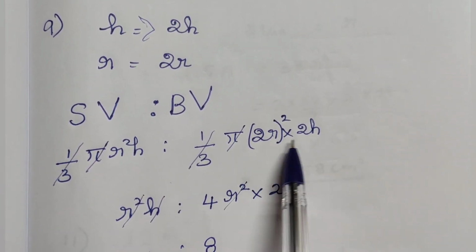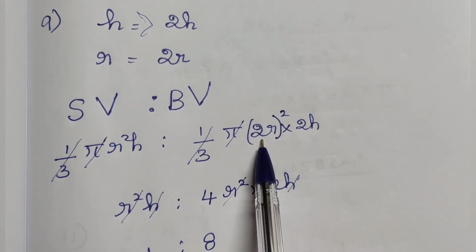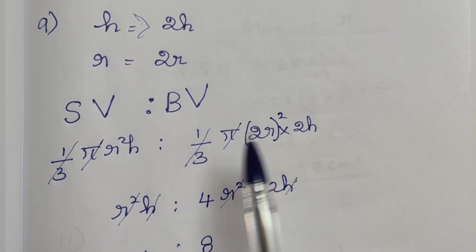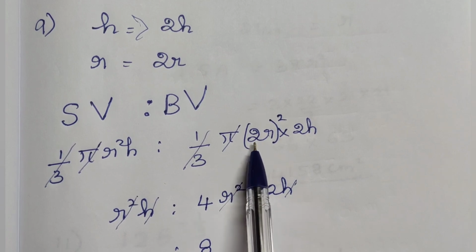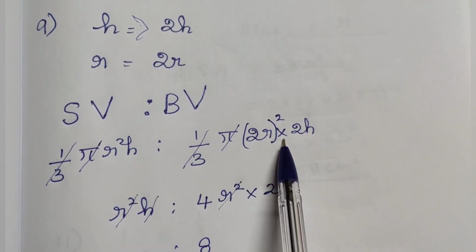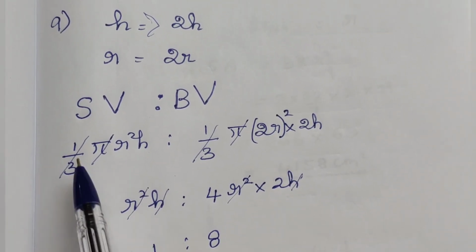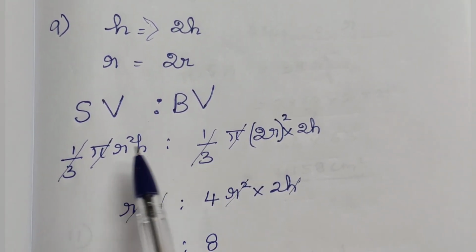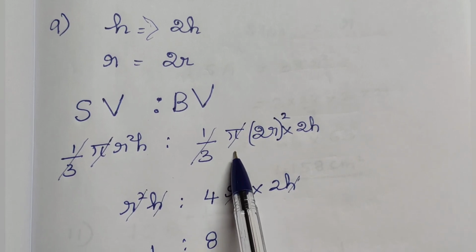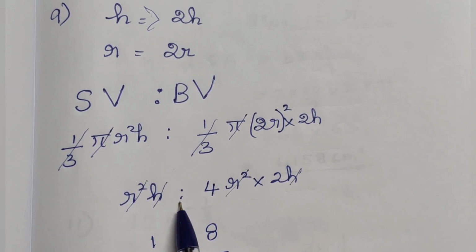height and radius gets doubled. 1 by 3 pi 2r the whole square into 2h. In place of r, I am writing 2r. In place of h, I am writing 2h. So the same values get cancelled. So 1 by 3 gets cancelled. Pi gets cancelled. The remaining is r squared h is to